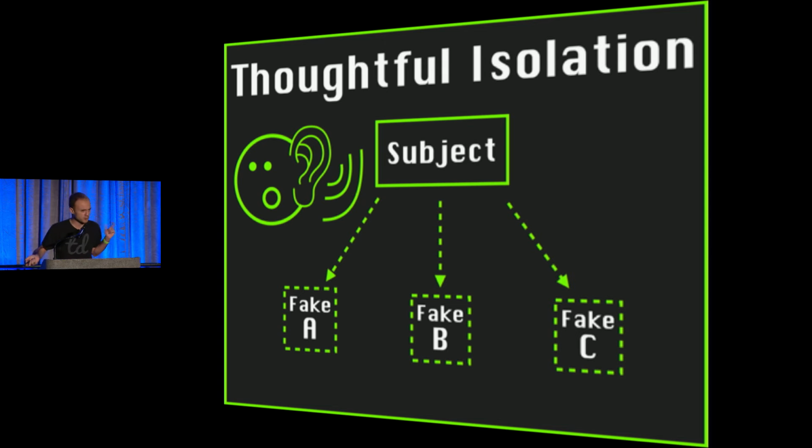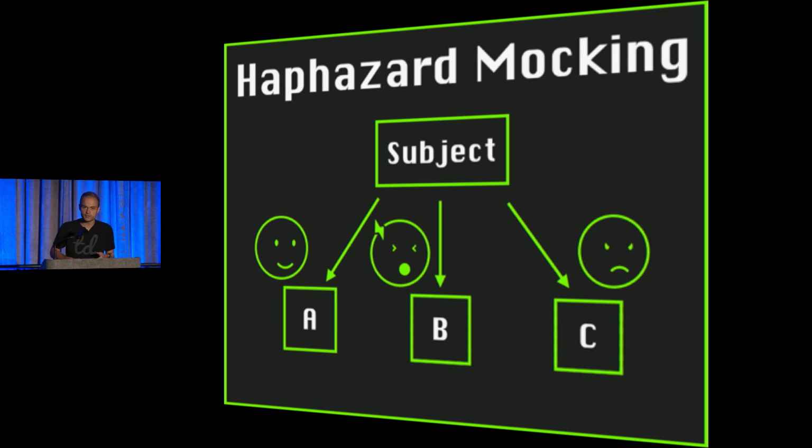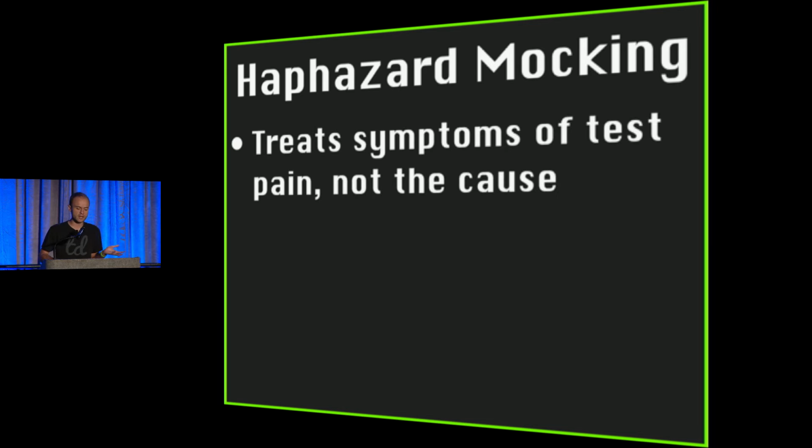Now, is that how most people use mock objects? Absolutely not. Most people simply have this cool mocking library, and when the going gets tough trying to write an otherwise realistic test of their code, maybe some of the dependencies are easy to use, but some of them cause setup pain, or some of them make it hard to assert stuff. And so they simply use the mocking library as this cudgel to shut up the dependencies that are causing pain, and now you have this test that's really in a confused state. I mean, they were using mocks there to treat a symptom of test pain, but not the root cause, which is probably a screwy contract between the subject and its dependencies.